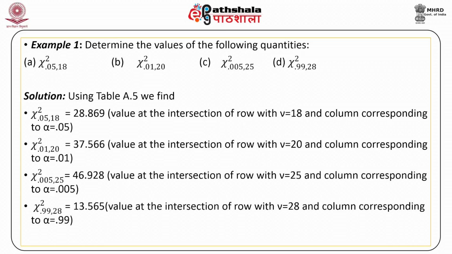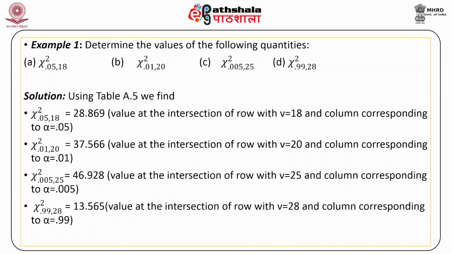How do we get this? This is the value at the intersection of the row with degrees of freedom nu equal to 18 and the column corresponding to alpha equal to 0.05. The solution of part B: you can find the value at the intersection of the row with nu equal to 20 and the column corresponding to alpha equal to 0.01, and we get this value of chi-square 0.01 comma 20 equal to